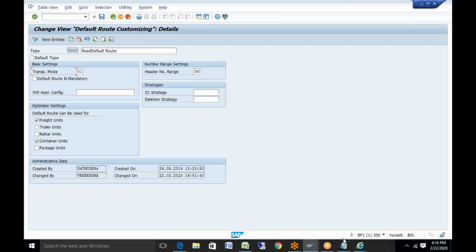As of now, for the basics, just understand the concept of freight unit, because this is a little bit on an advanced level. I don't want to confuse you now, but just note that this is mainly used if you want to model scenarios where apart from freight unit, you want to assign a container or a rail car or a packaging to your specific freight unit, then only these are required. As of now, don't do anything.